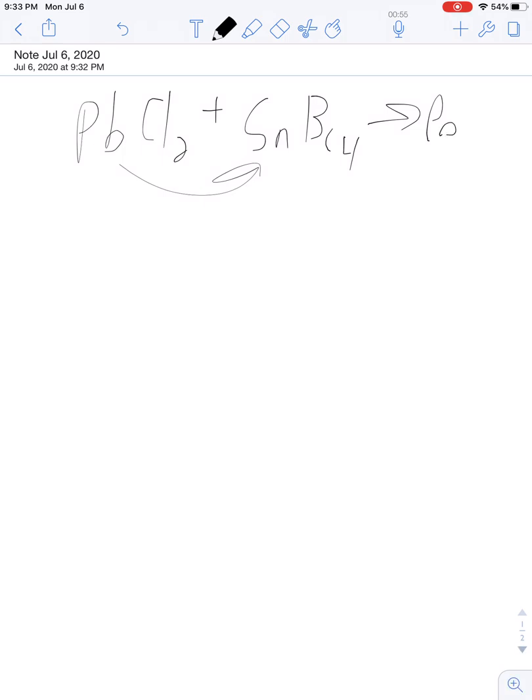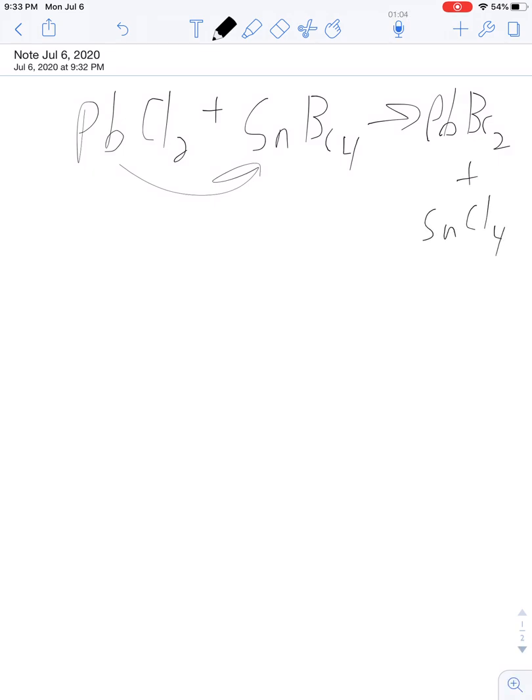Let's back this up. You got a reaction like, let's say, lead chloride reacting with tin bromide, and you would switch and do your double displacement, and then you'd get your lead bromide and your